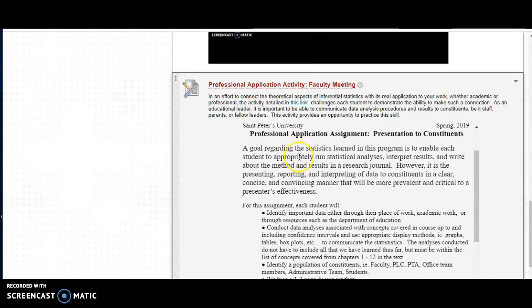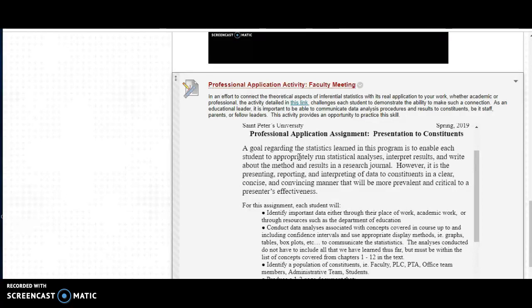So read the directions carefully, and in a nutshell, what we're looking for you to do is take statistics that is meaningful to you, whether it's work or academic career, and you're going to take the statistics and convert it into basically a handout, some type of paper that you would be handing out if you were in a meeting, for example, either with constituents, with your peers, or with your boss, or with the public. And you were making a presentation that included statistics, and you wanted to relay the statistics in a clear, concise, and convincing manner,